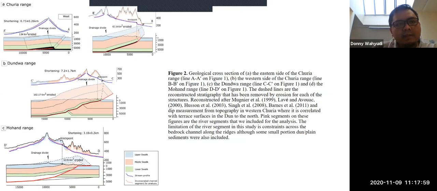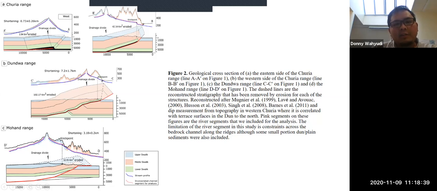And this is the geological cross-section that we made from the previous studies. So we have the West Churia range, the Eastern Churia range, the Dundua and the Mohan range. So the Mohan and Dundua range is entirely taken from a previous study, from Huson and Powers and Barnes. But in the Western Churia range, we infer